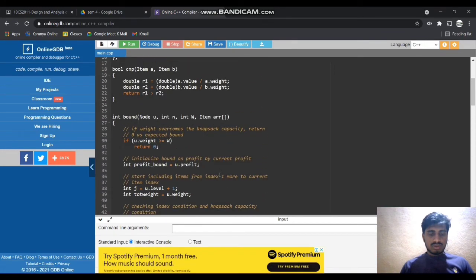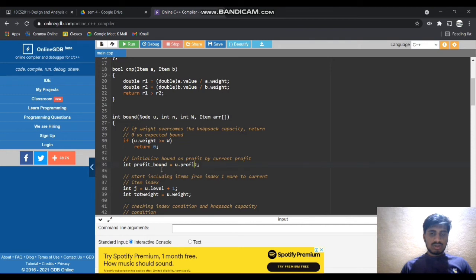In the bound function we are passing node u and int n, with the item array. In that we're checking if the weight overcomes the knapsack capacity, then return 0, and we are initializing the bound on the profit by the current profit.